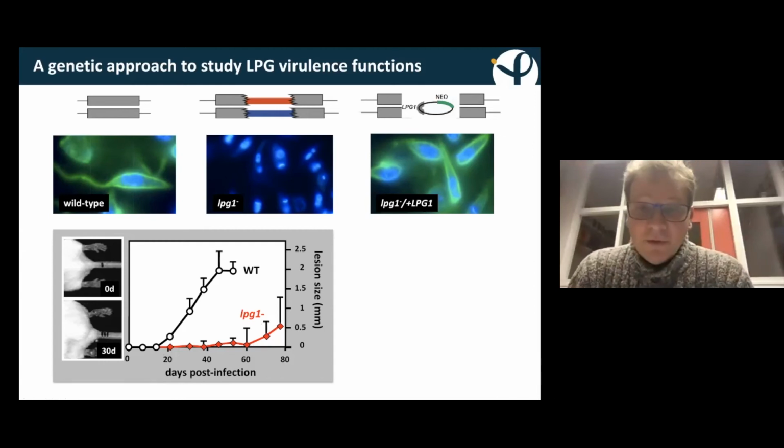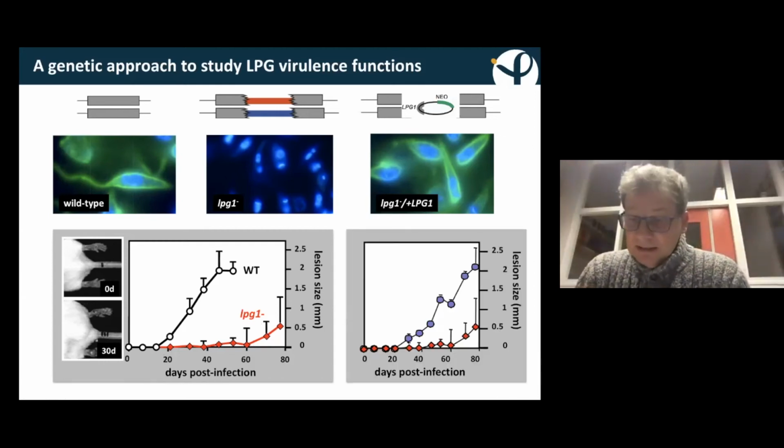And of course, now the third postulate, to add it back, and this is the experiment where I added it back. In red, again, you see the attenuated parasite, just like here. And in purple, you see now these parasites where the LPG was re-expressed and they regain in virulence. They're not completely as strong as the wild type, but they're much stronger as these knockout parasites. And this together establishes and fulfills the Koch's criteria to say LPG now is really defined as a very important